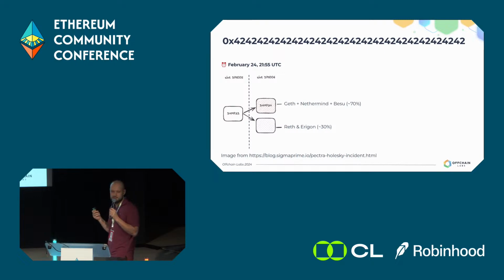Now you could say that's not a big deal, because these clients who have a bug can just release a patch, and we can all go back to the valid fork and be happy. Well, the problem is that because they had more than 70% of the stake, so more than two-thirds, validators running these clients had more than two-thirds of the stake, and so the chain could get justified, and it got justified. So the invalid fork got justified before they released the patches.